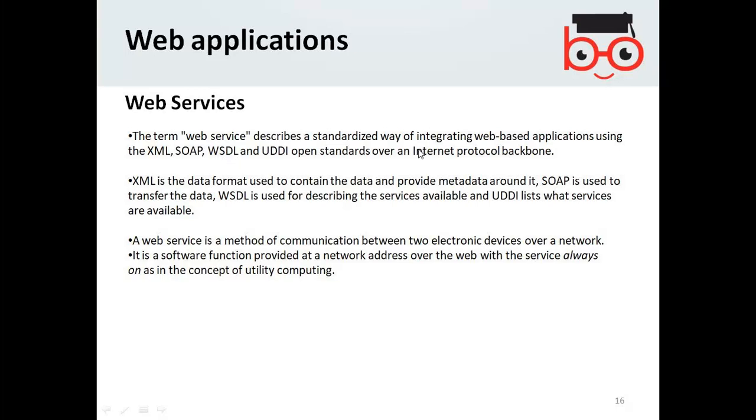So overall, you have a triangle: UDDI, a services registry, you as a client, and the service provider providing the services, and all that integration in a kind of portal becomes a web service.